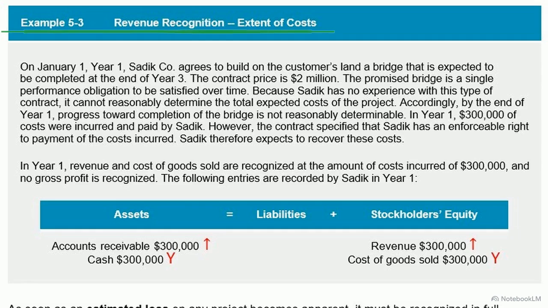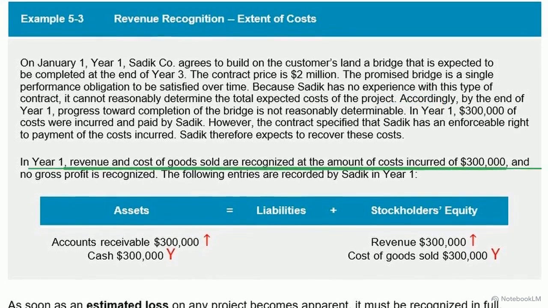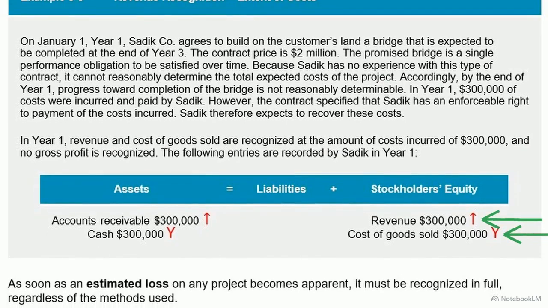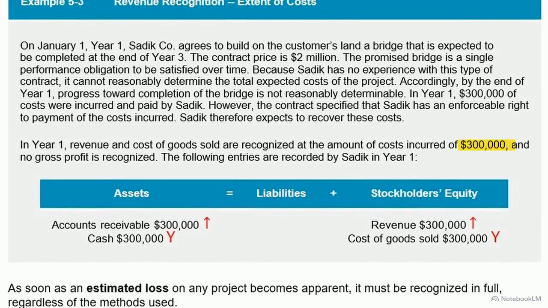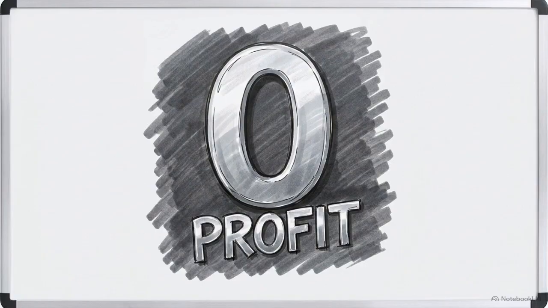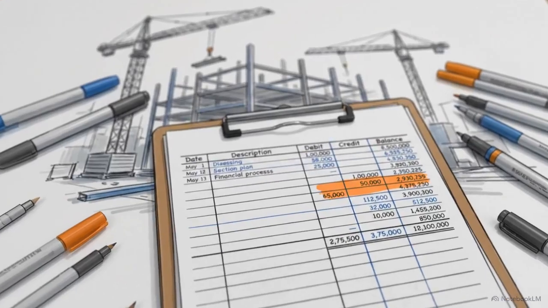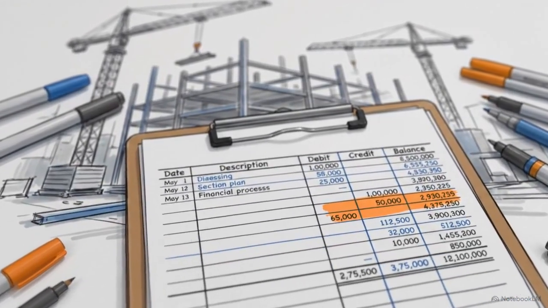In example 5-3, Sadiq Company cannot reasonably estimate final costs. However, they incurred $300,000 in recoverable costs in year one. Therefore, Sadiq recognizes revenue at the exact dollar amount of those costs. Revenue and cost of goods sold are both logged at $300,000. Because revenue directly matches expense, zero gross profit is recognized for the period. If an entity lacks the visibility to predict their final margin, they cannot claim one. They are only permitted to protect the balance sheet by recognizing recoverable costs until the project's final outcome comes into